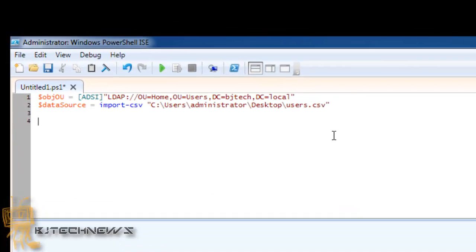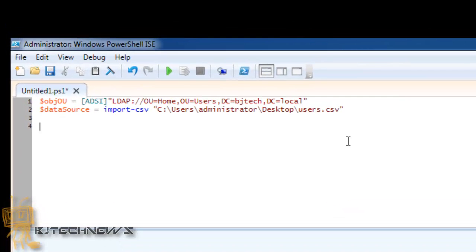Now the next thing to do is, if you have multiple users within your CSV file, your script has to go to each row and get that information. So what I normally like to do is a foreach loop, and we're going to open a parenthesis. Now we want to declare a variable. I'm going to declare a variable of data record